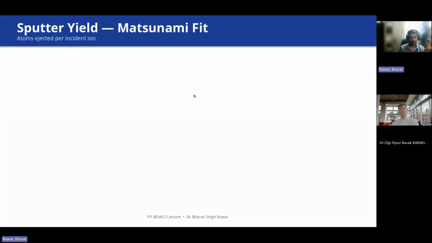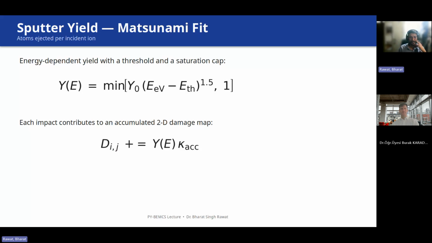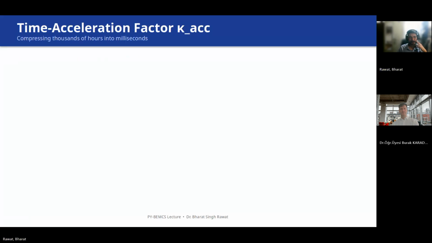Sputter yield. After secondary electrons, there is again sputtering, which happens with the incident ion. Again, it is a very simple analytical formula, but you can use any detailed formula, which I still need to improve because there is an effect of angular sputter. So I have still not included the angular sputter yield. And this sputter yield accumulates over time to the damage that occurs on the grid. So once you have more sputtering, you would see more damage happening on the grid.